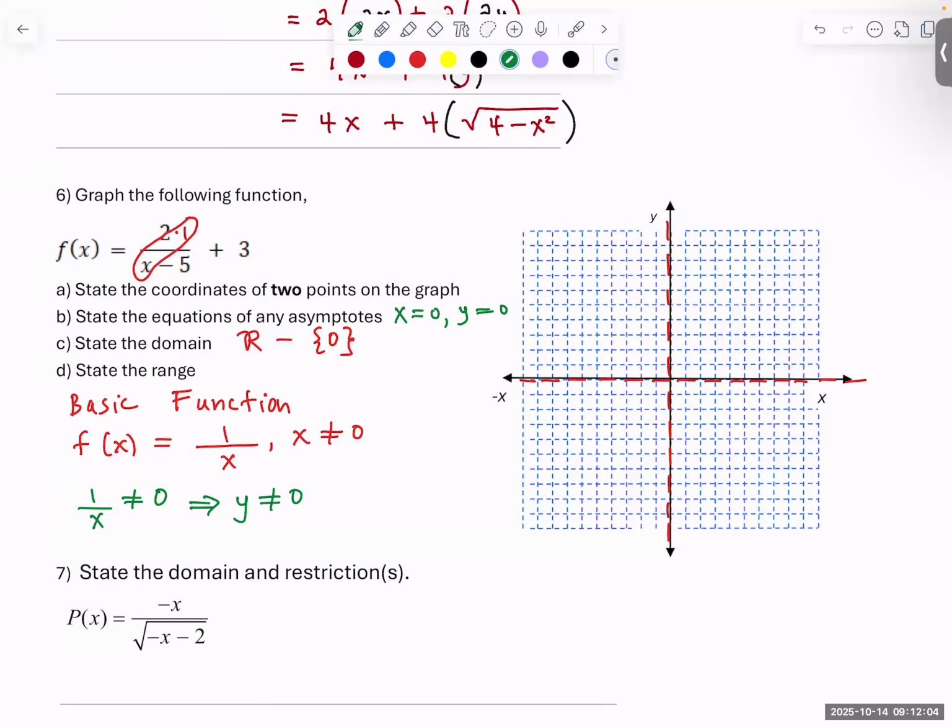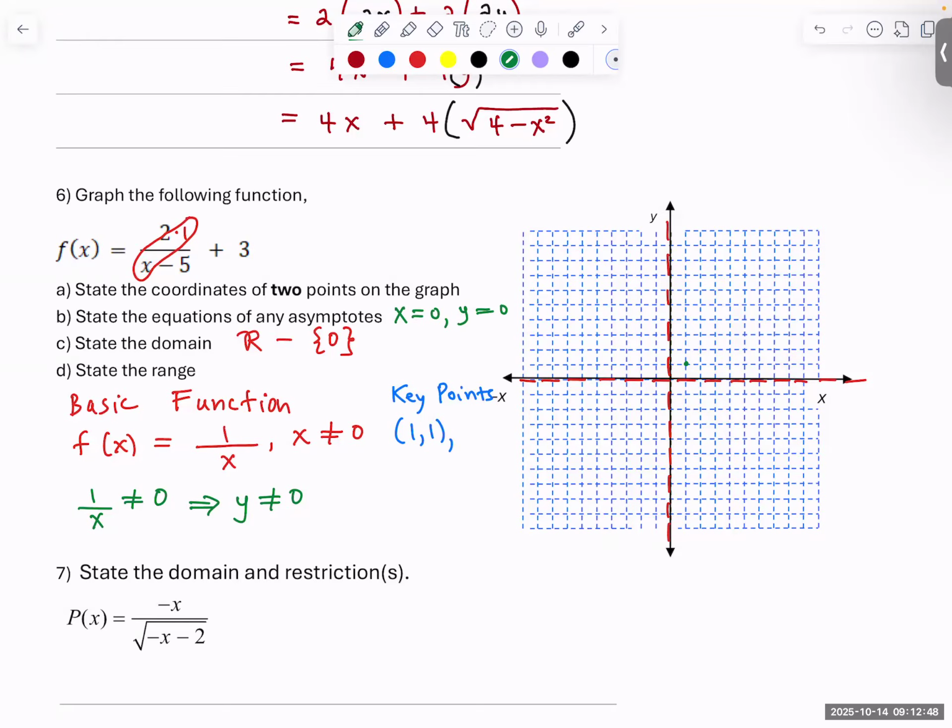And now we want to talk about two key points, which are when x is 1 for the basic function, the reciprocal of 1 is 1. So let's state these here as two key points. When x is positive 1, the reciprocal is 1. And that point is in quadrant 1. Let's graph it right here. And given that one point at 1, 1, and knowing the graph of the basic function,